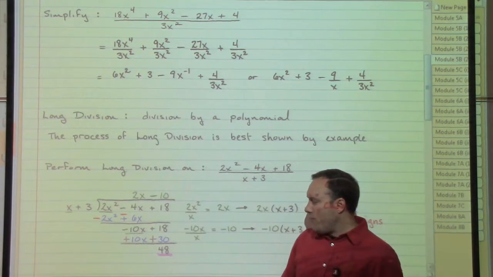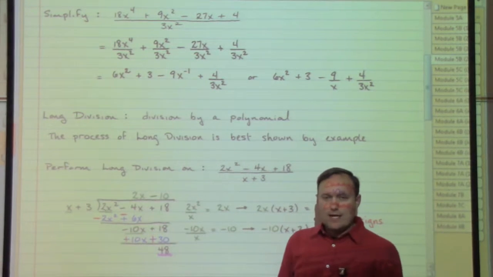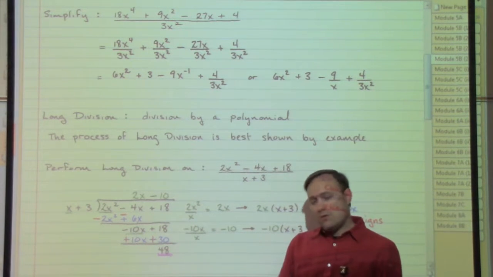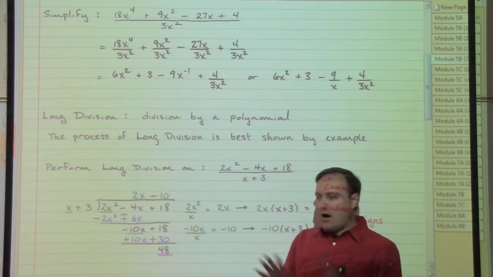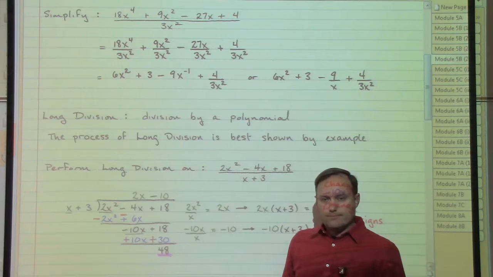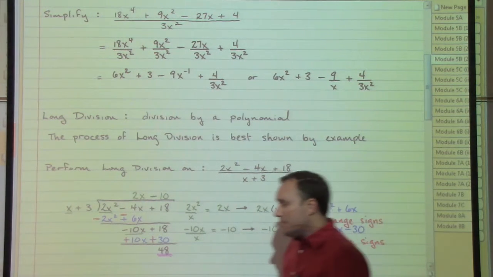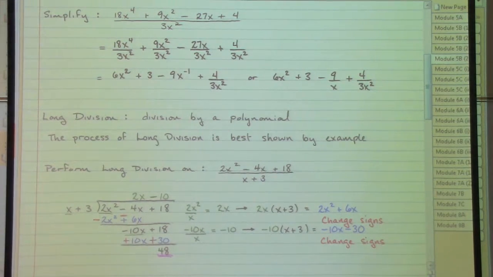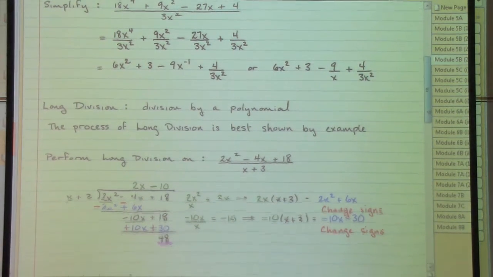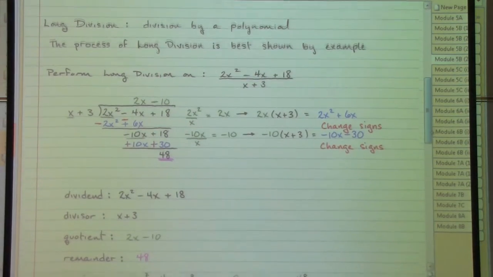Well, if I take that 48 and try to divide by the x that I had been using, that's not going to give me anything useful. So I'm going to stop here and say, all right, I'm ready to build my answer. What I'm going to do in building my answer is use the same pieces that I have used in the past for building a mixed number answer,